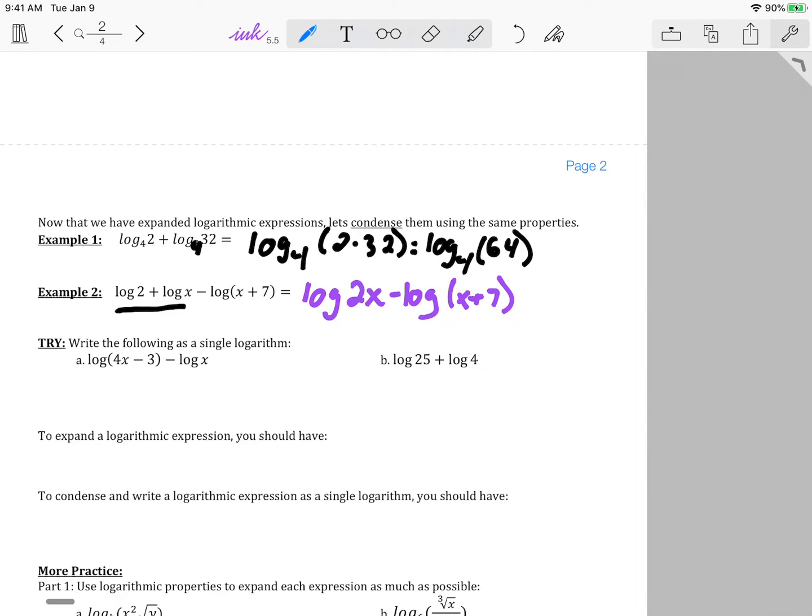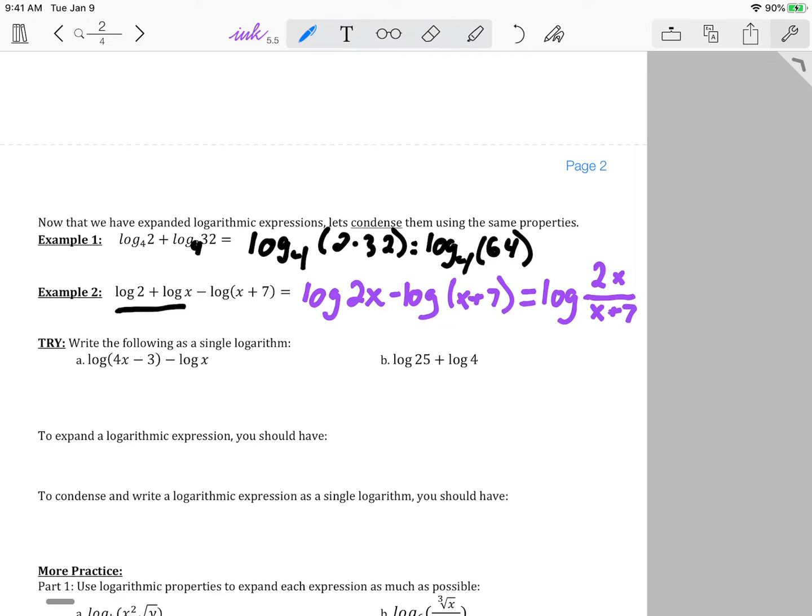Well, I need it as a single log, so I'm not going to stop until I write the word log only once. So even though I started to condense things, I can't be done yet because I still have log twice. Well, subtraction goes with division. 2x is on the top because it's first, and x plus 7 is on the bottom. See it? So you're going to do those try problems,